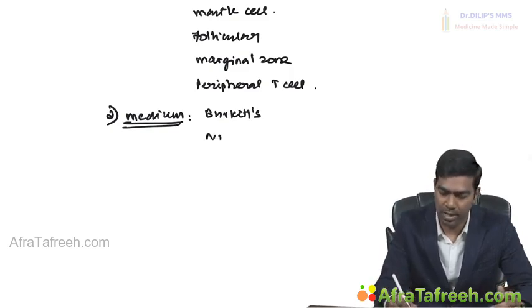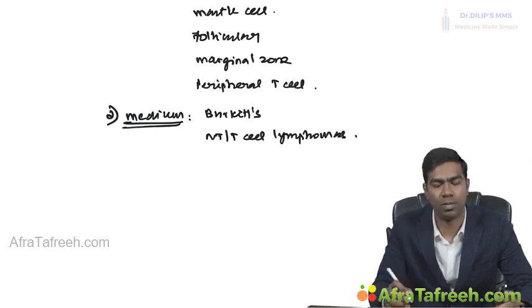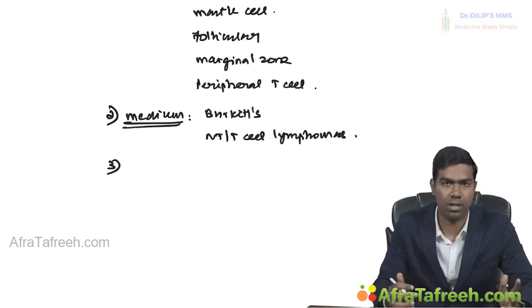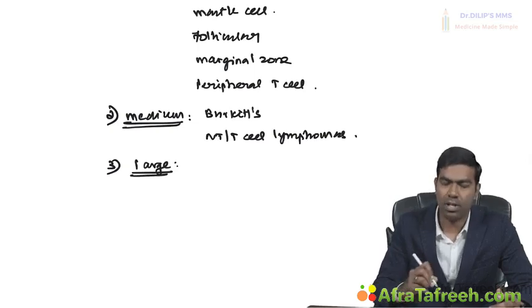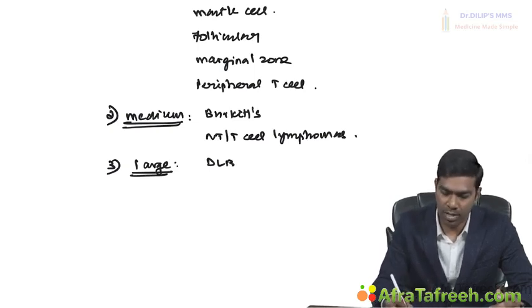Then you can see in aggressive NK cell or T cell lymphomas. In aggressive NK cell or T cell lymphomas and leukemias, you can see medium type cells. Large cells, typically you will see in diffuse large B cell lymphoma,